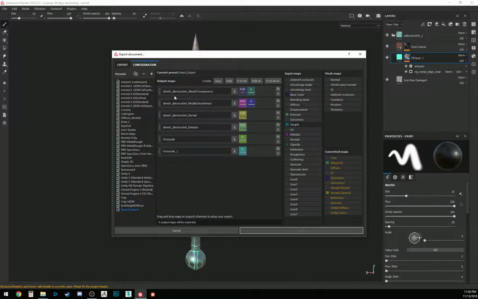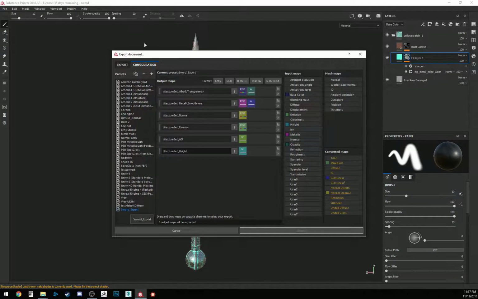Now, let's talk about these names. By default, it's going to give you the mesh name, which is not the name we just named it, texture set. So I'm going to actually delete that. And I'm just going to grab this right here, because I'm going to use that to put it to our other ones that we just made by default. So I'm going to take that out. So now it's just going to name it what I named it inside the texture set. And then I'm going to come over here and go paste. So it says starts with that, and it's going to be AO. And then I'll take this one and say paste, and I'll say HEIGHT. Okay, so now I've got all 6 textures that I need to export set up into my sword export,